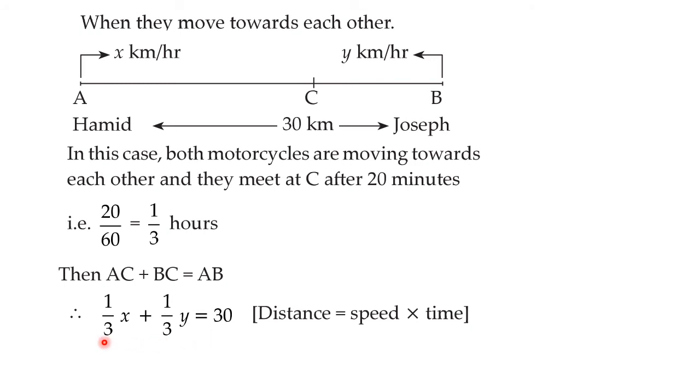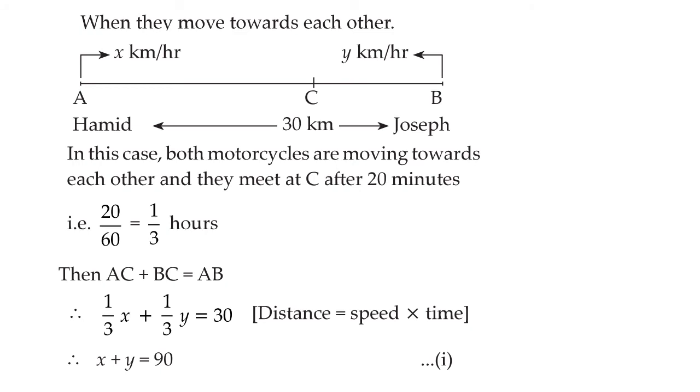Okay. Now we don't want this 3 in the denominator. Generally we eliminate the fractions and we try to write down the simplest form of the equation. So if we multiply the equation by 3, then we will get the easier equation as x plus y is equal to 90. Correct? This is equation number 1. So this is how we have got the first equation by discussing the first condition when they were moving towards each other. Okay. I hope all of you have understood how the first equation is derived. This is important. That is why the diagram is drawn to make you understand better.